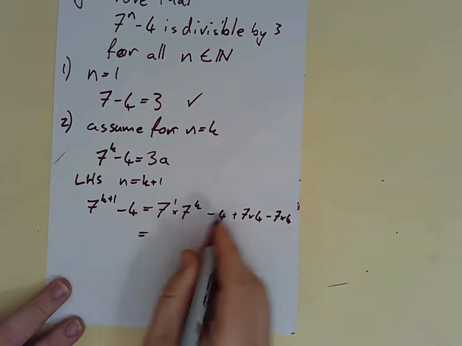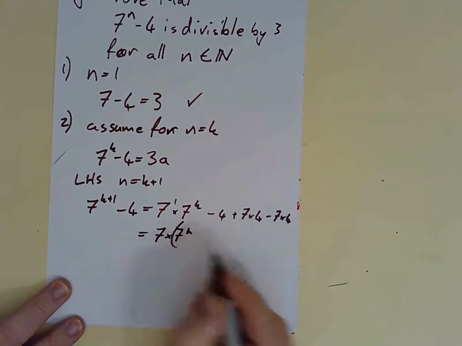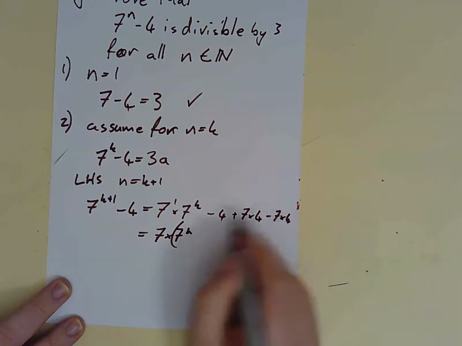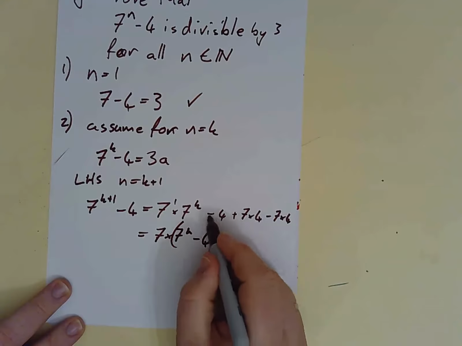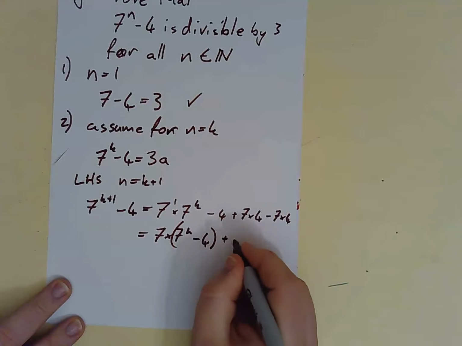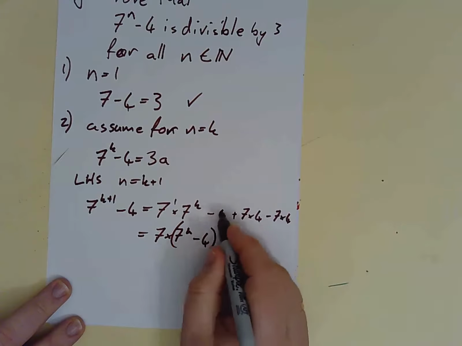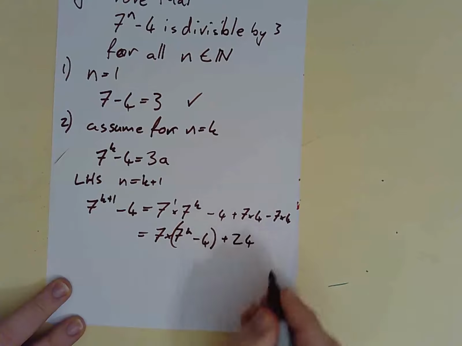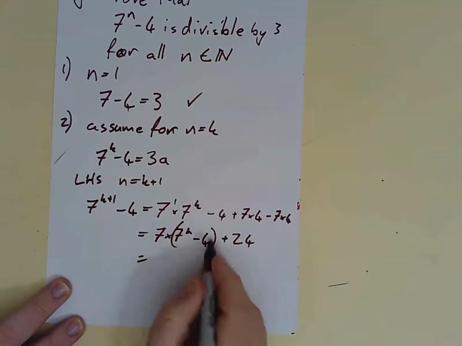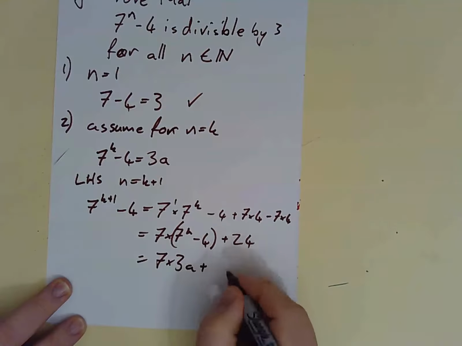So I'm going to say that is 7 times 7 to the k, and then I'm going to factor in this. 7 comes out with minus 4, and then on the outside I've got minus 4 plus 28. What's minus 4 plus 28? 24. And then I do my substitution. This now is 7 times 3a, and this I could say is